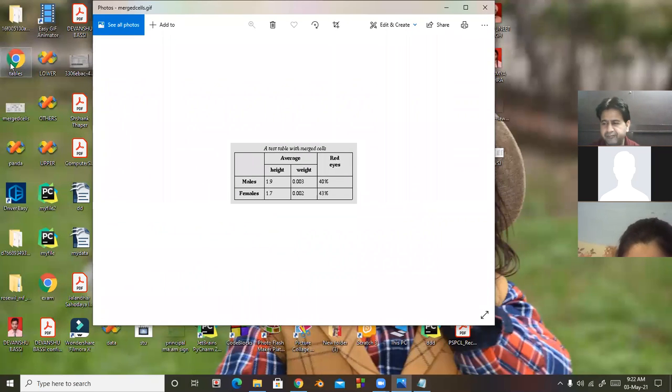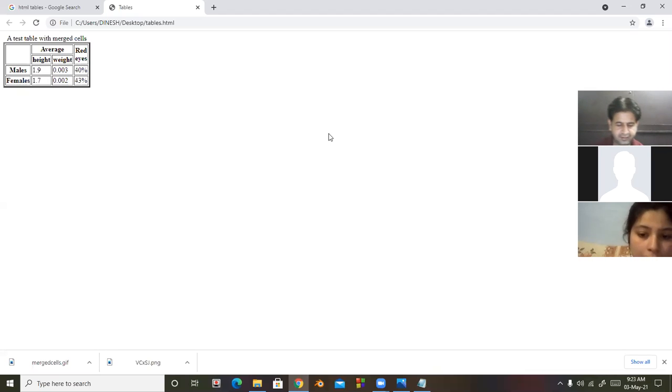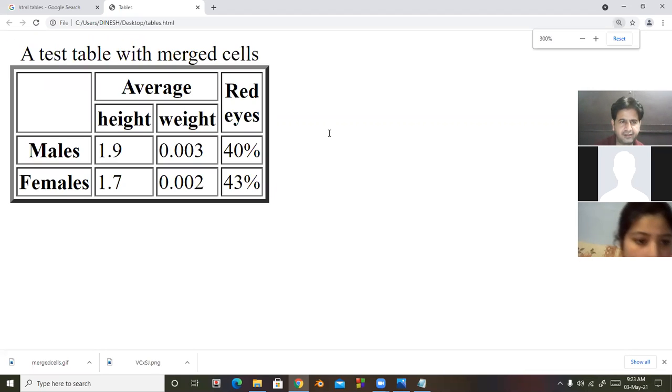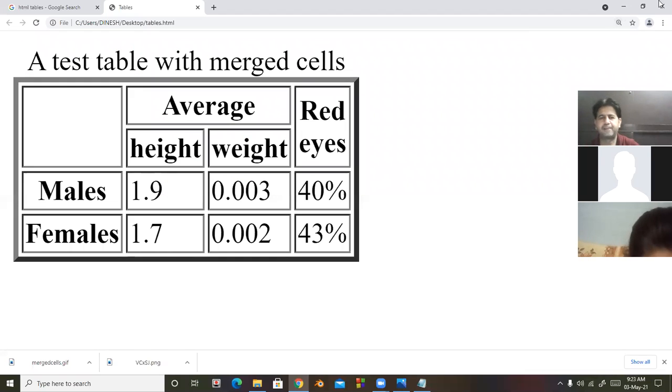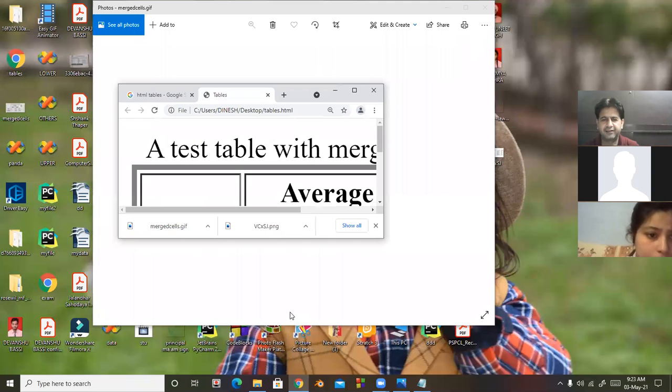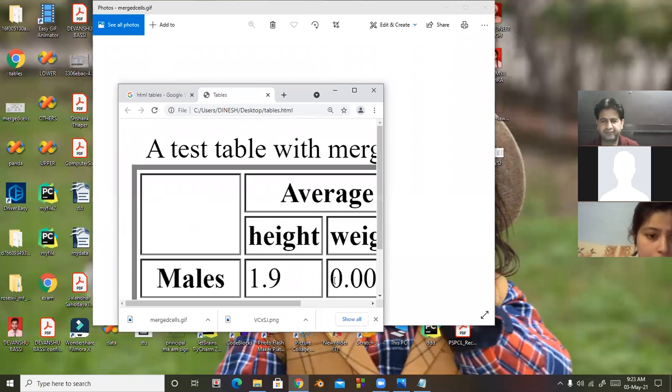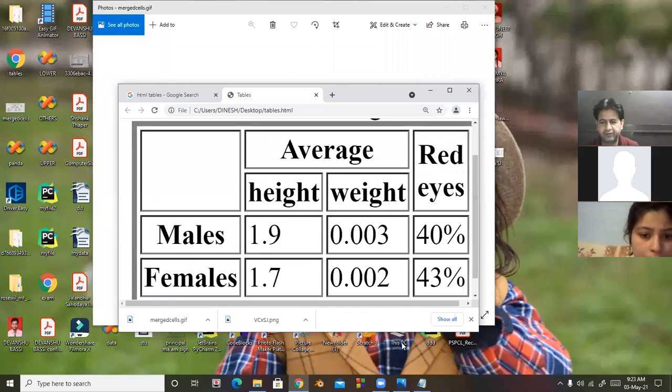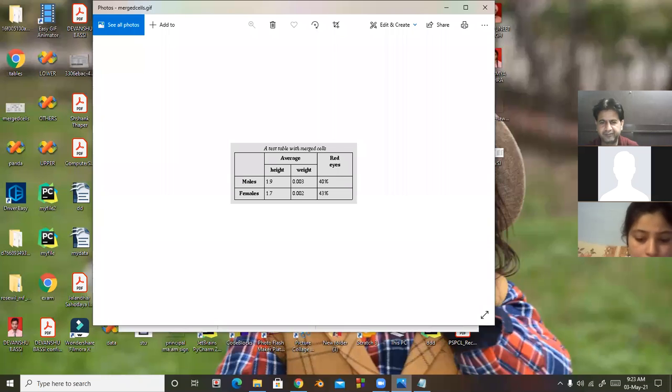So look at here, the table file is here. I double click on that. So look at here. This is the table that is exactly equal to the format I displayed here.